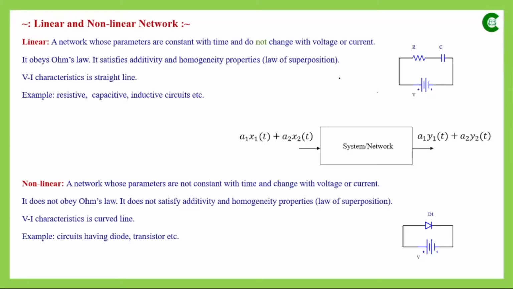The first classification is linear and nonlinear network. Now, linear networks are those networks where the parameters are constant and they don't change with time, and they do not change with voltage or current. In case of a linear network, it obeys Ohm's law and it also satisfies the law of superposition, means the law